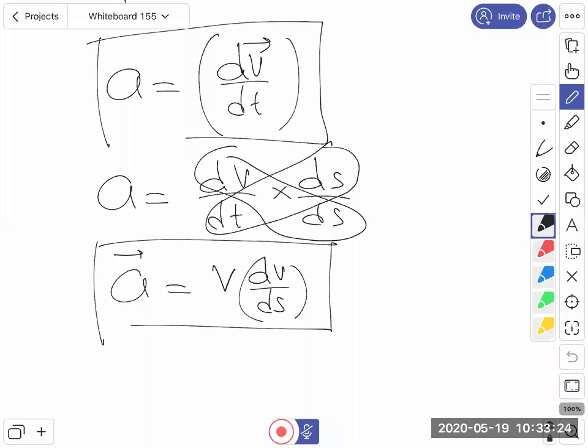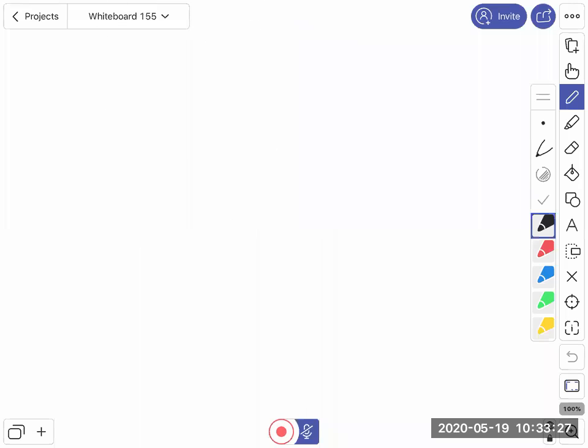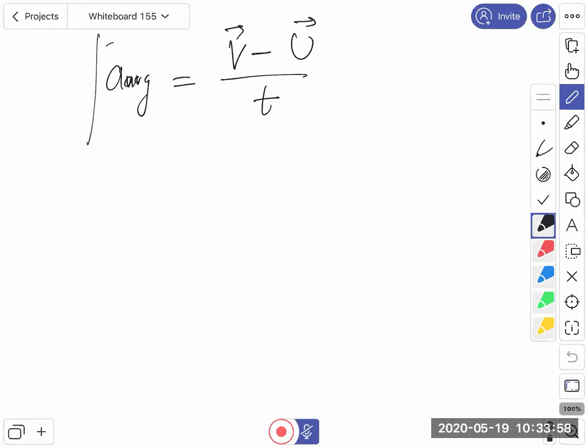Now, if the acceleration is not a constant, we discussed that we can go for either the instantaneous value or the average value. Next we'll discuss average acceleration. It is the same as with velocity: final velocity minus initial velocity divided by time. In between, the particle may have different velocities, but we will not observe that. That will give the value of its average acceleration. We will not consider what is happening in between.